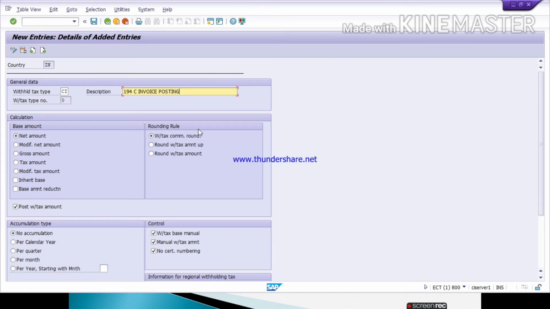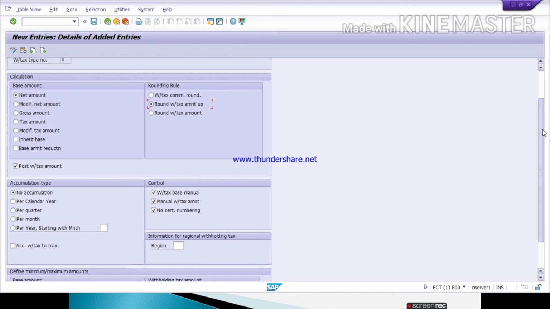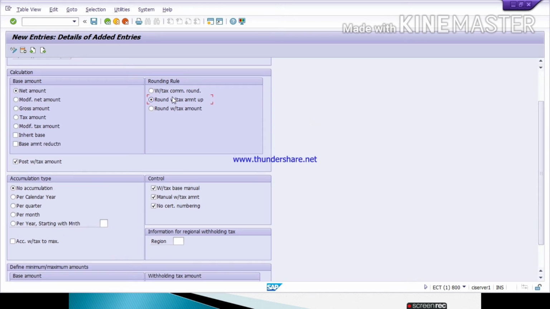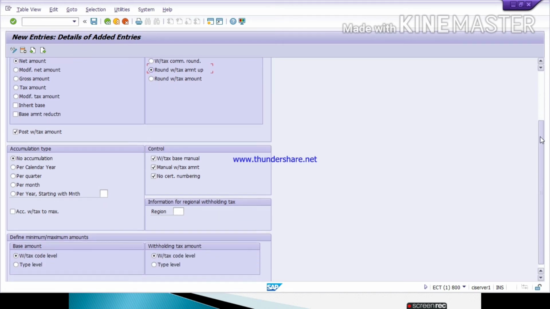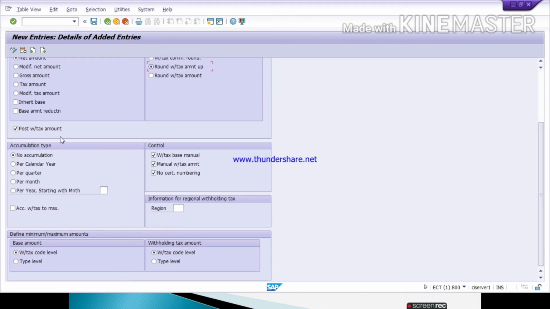Here for the rounding rule, you should click on round withholding tax amount up. I suggest always maintaining round withholding tax amount up. Then click on no accumulation.